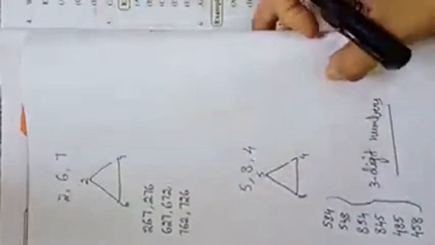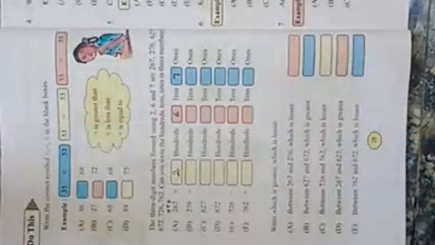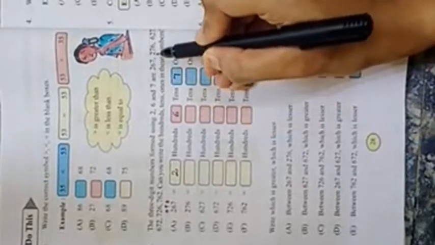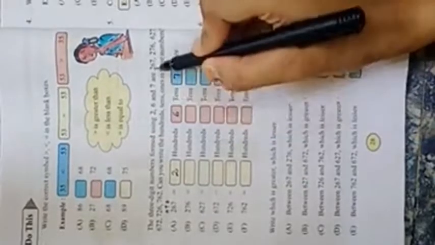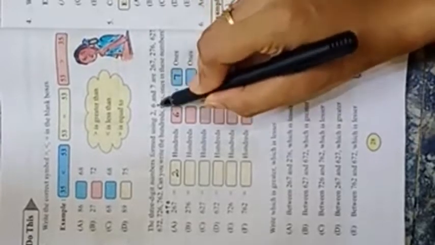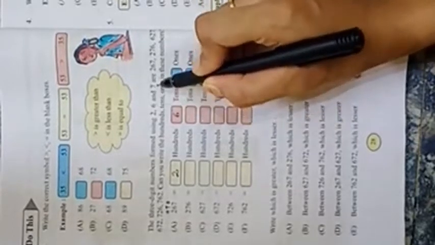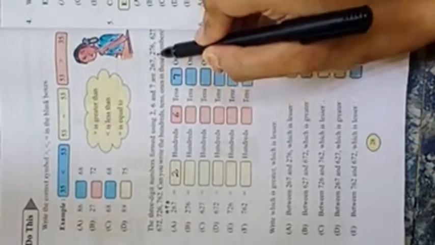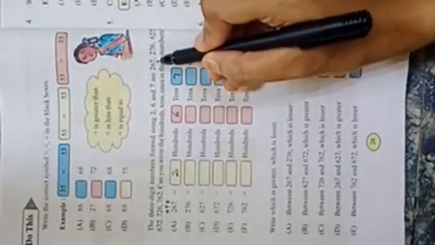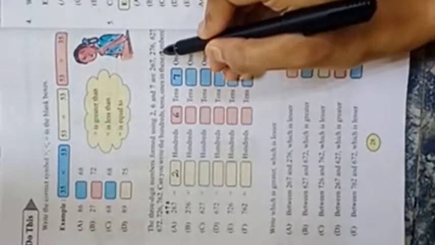Okay, children? Now, here, using 2, 6, 7, he wrote 2 in hundreds place. See, 2 times we got this 2 in hundreds place. 6, 7 and 7, 6. 267 and 2 as it is in hundreds place. Just this 7 came into the tens place and 6 goes to the ones place. Then 276. And then next number, the next digit is what?